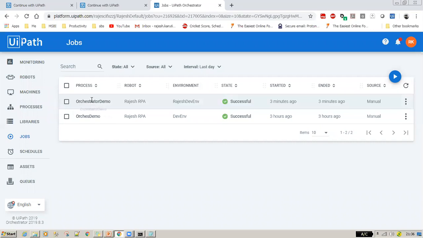Say you have an orchestrated process and you scheduled a job, which means every morning it has to run. You can specify whether it has to run every day on the same machine or on any other machine. So you don't know tomorrow on which machine it's going to run. That means it has been allocated dynamically, not statically. So the team always has the flexibility to tie their execution to one particular machine or to use dynamic scheduling.